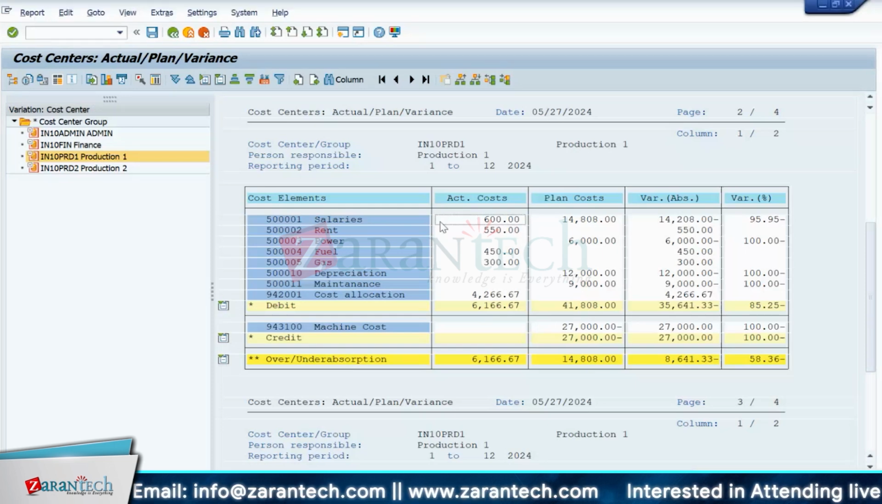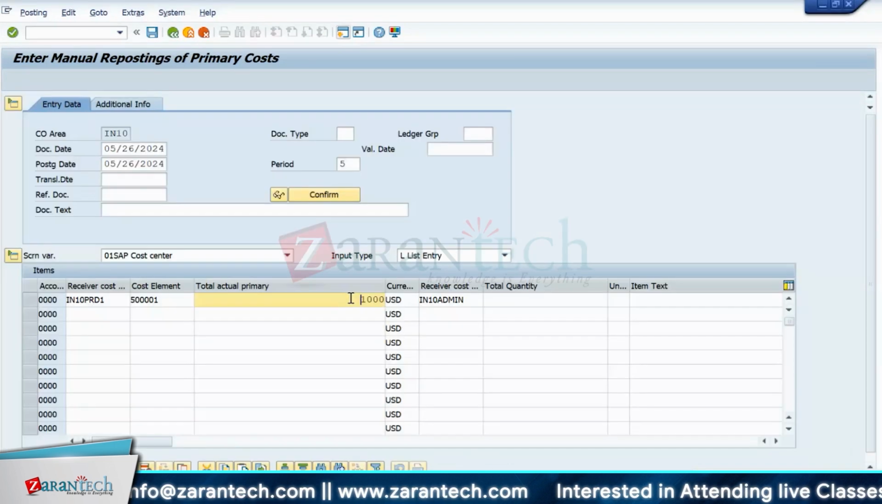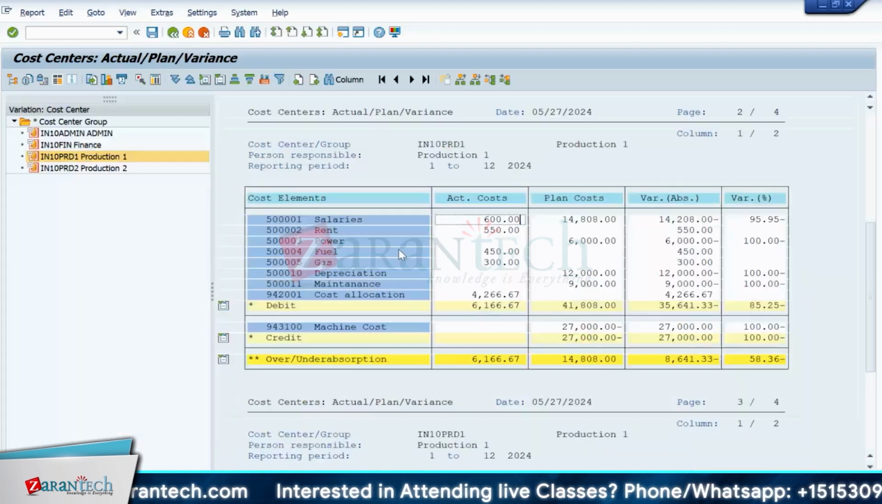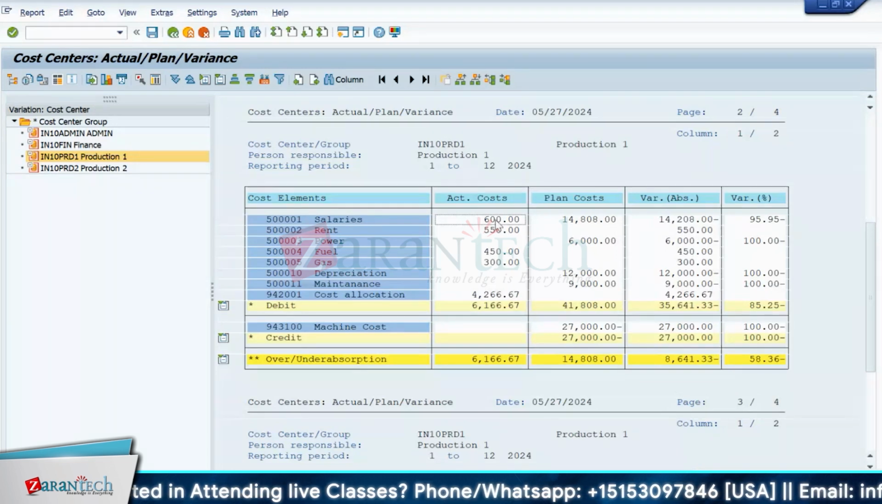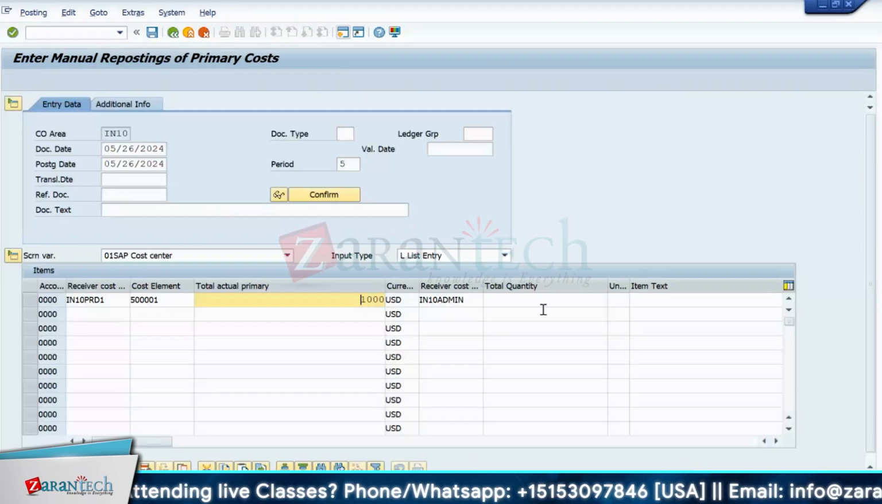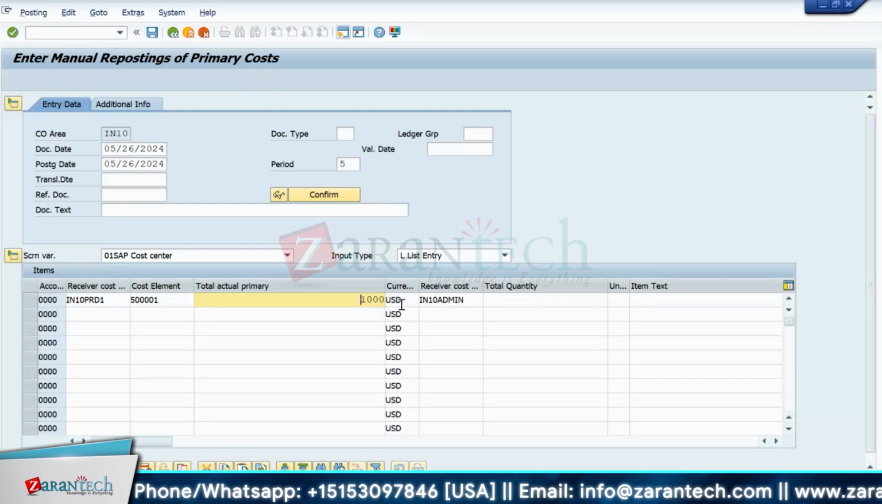But the system will not stop you if the user enters 1000 here also. Then there is a chance of posting more value. Ideally you have to post 600 here. This 600 figure is wrong, but if you enter 1000 also, it will allow you to post. So again, it will create further problems. Ideally we are supposed to transfer 600, but let's say you enter 1000,